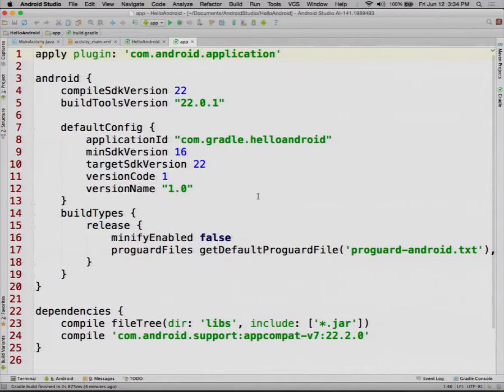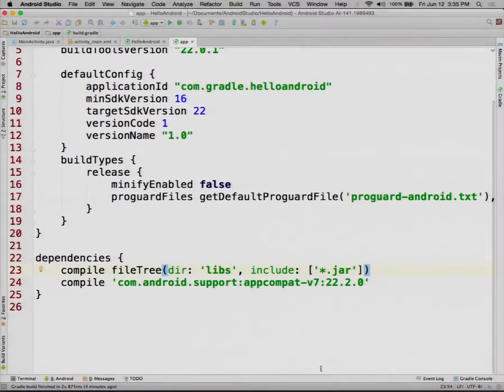Now, down at the bottom, they put in a dependencies block, because I think, logically, with Eclipse, there was no way to put in dependencies as a Maven style of download. In Eclipse, if you wanted to use additional jar files, you physically copied them into the libs folder yourself. There was no automatic way to do that.